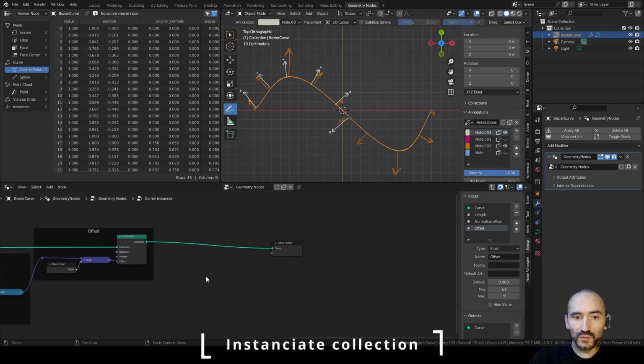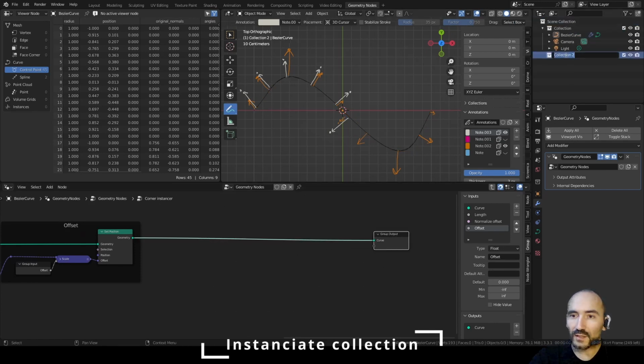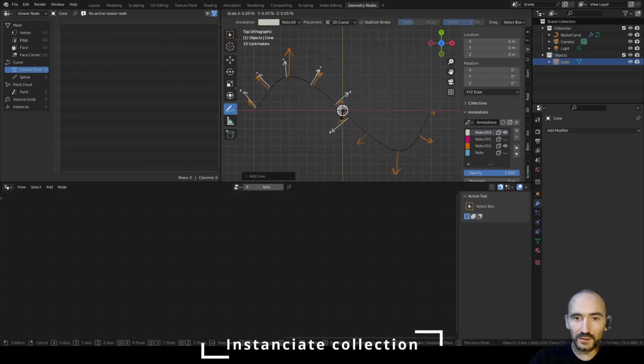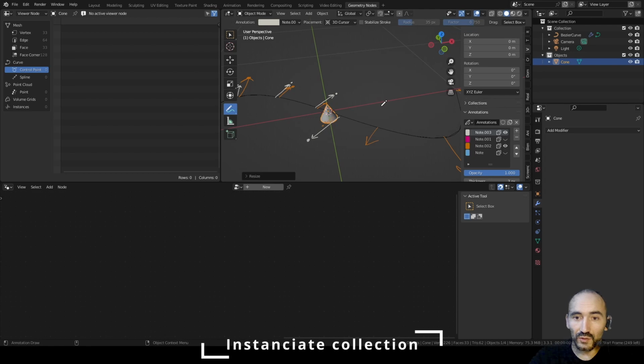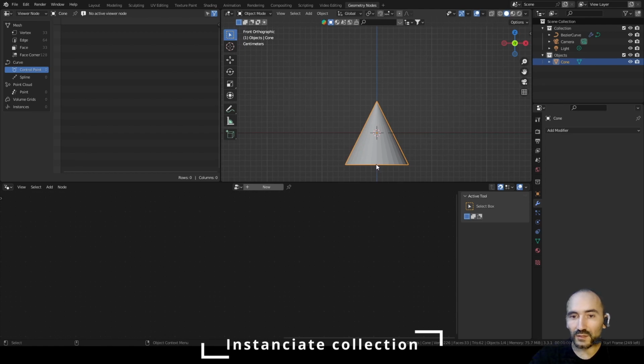Now we can start to instantiate a collection of objects, so I will create a new collection of objects. I can drag these into my workflow. I can add a mesh like a cone, for example, scale it a little bit, and keep in mind that you need to align the mesh on the origin to have the origin point in the bottom part of this object. So I can press Ctrl dot, select the snap tool to vertex, G, Z, and press Ctrl to align